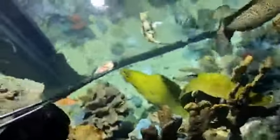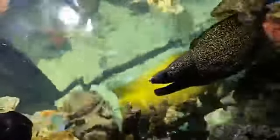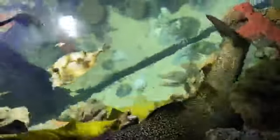Come back. If you guys have any questions about our morays, feel free to pipe in. Now, morays are ambush predators. They seem like they're biting each other really badly, and they are, but they can withstand a lot from each other. Got a question from Samantha Bassett. Amanda says, how old is...